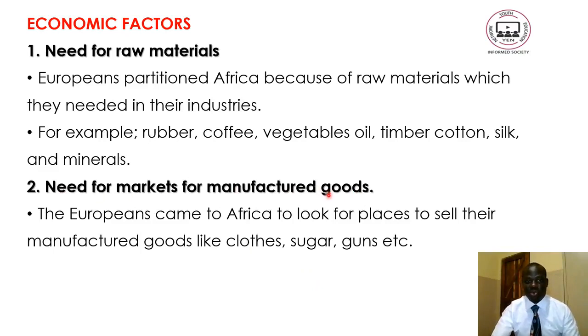You will understand this better when it comes to the industrial revolution in Form 2, whereby during that time, in Europe, they started to manufacture things. They developed industries, and those industries were manufacturing a lot of things. Hence, they needed markets. That's why here we are just mentioning that they wanted markets for their manufactured goods, because it was the period of that industrial revolution.